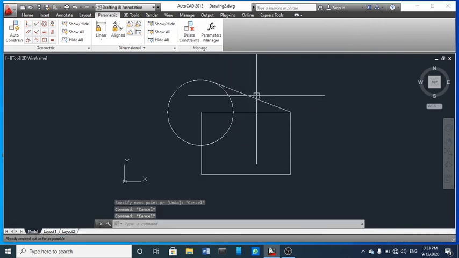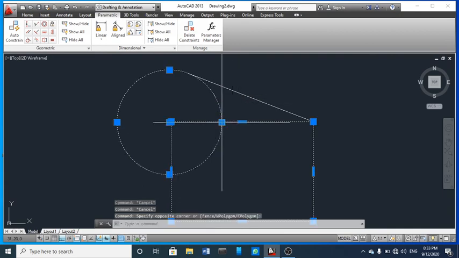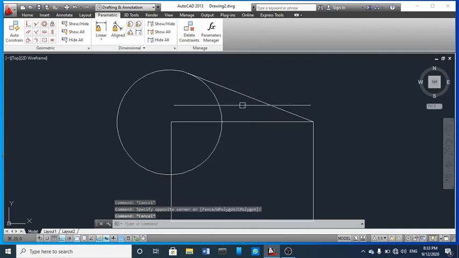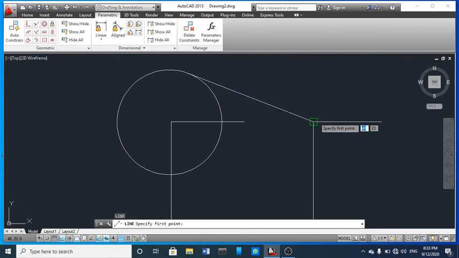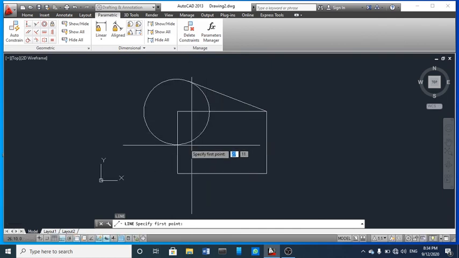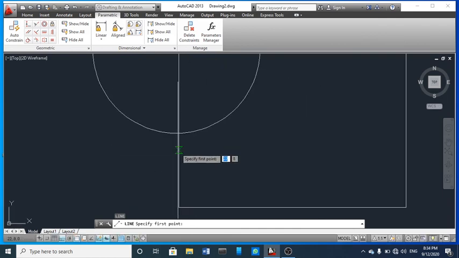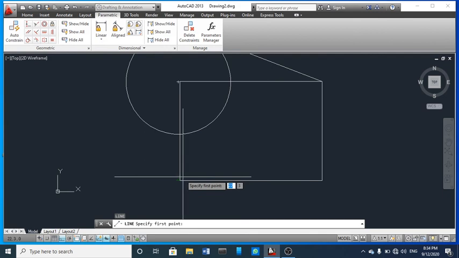So this is how you can see each of the points where I keep my mouse, and you can see the points which are shown here. Now I'm going to draw a line, so you can see here this is called endpoint. You can see quadrant, center, midpoint, near point, midpoint, cross section, intersection, we can say, and this is endpoint.